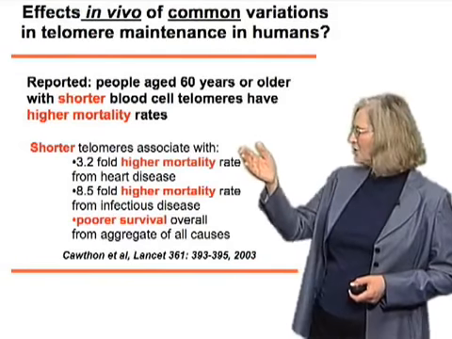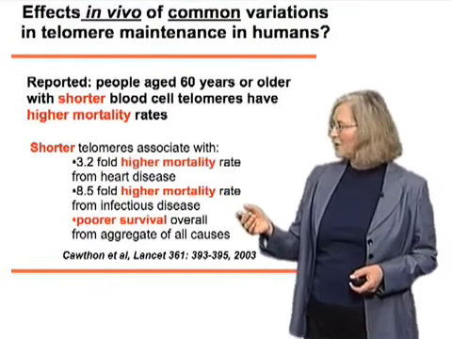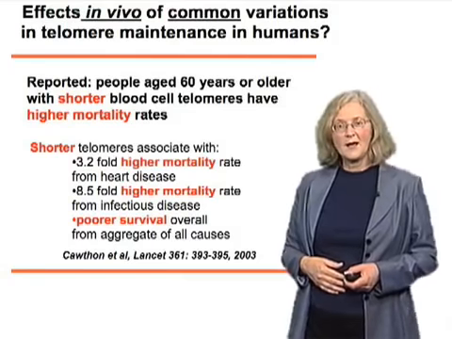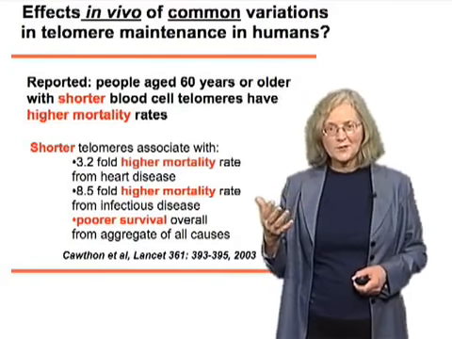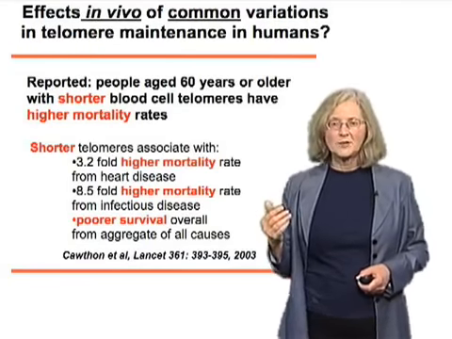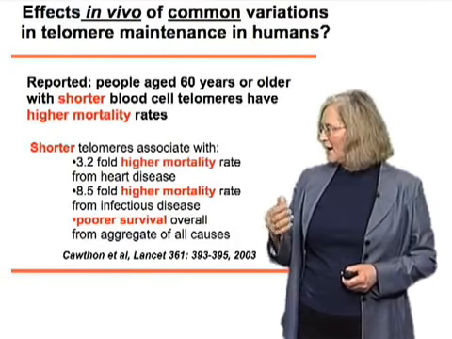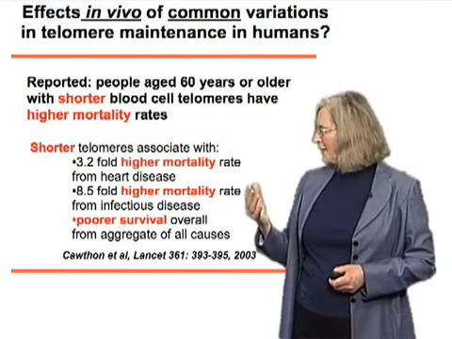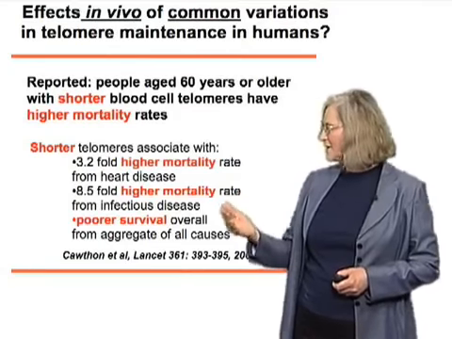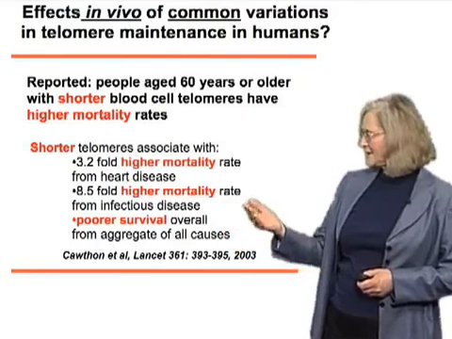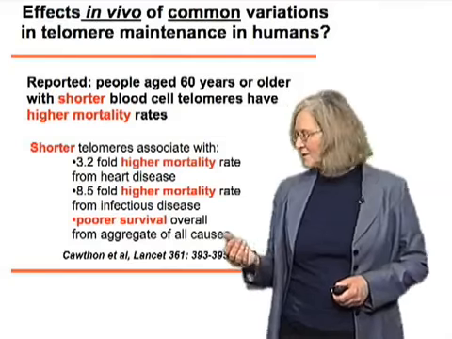And specifically, the shorter telomeres were associated with a 3-fold higher mortality rate from heart disease and an 8-fold higher mortality rate from infectious diseases. And that's interesting given what I just told you about the fact that a 50% gene dosage compared with the normal 100% gene dosage of telomerase RNA in people with the rare disease, dyskeratosis congenita, was enough to make their bone marrow depleted, and so they couldn't fight off infections. In fact, they die of infections. So that's a very interesting observation in light of the genetic observations.